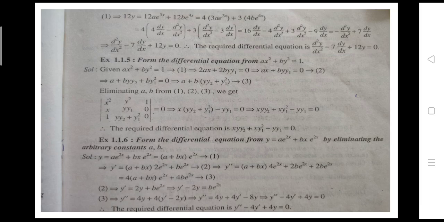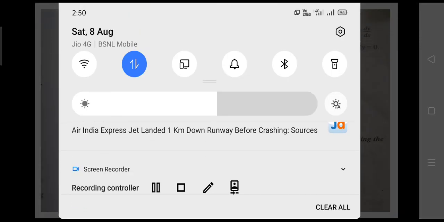square y by dx square minus 3 into dy by dx is equal to 16 dy by dx minus 4 into d square y by dx square plus 3 into d square y by dx square minus 9 into dy by dx is equal to minus d square y by dx square plus 7 into dy by dx. Now finally we got d square y by dx square minus 7 into dy by dx plus 12y is equal to 0,